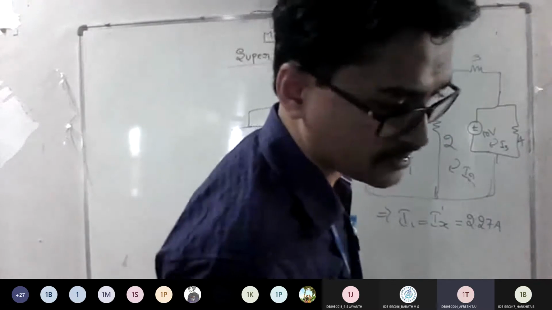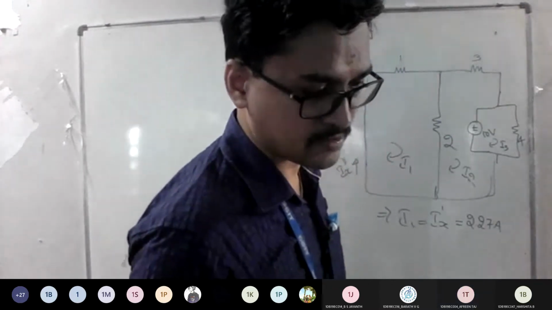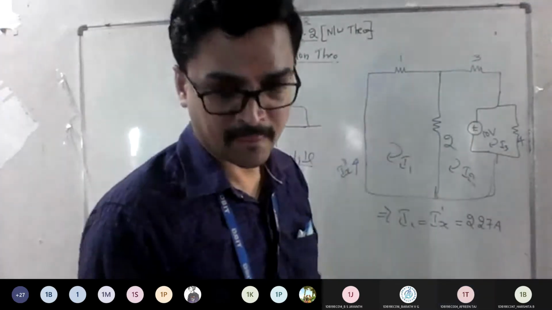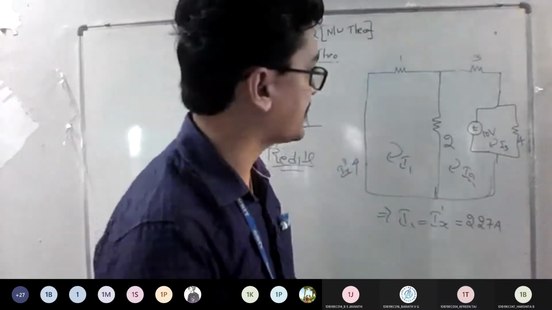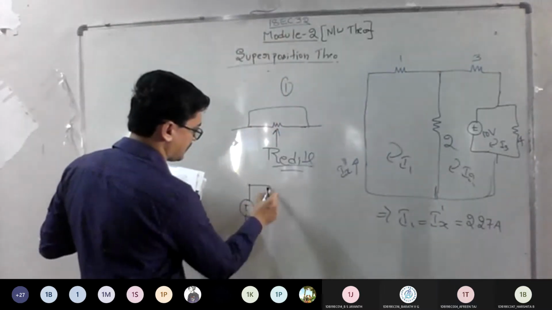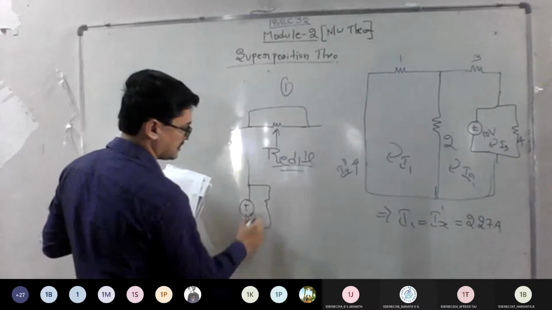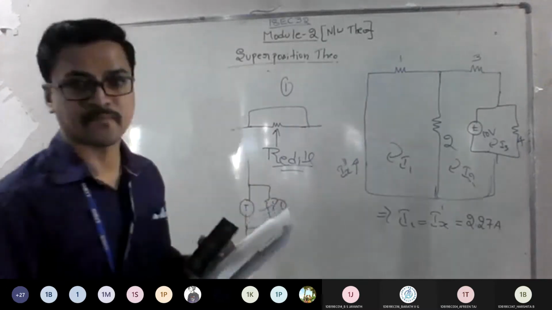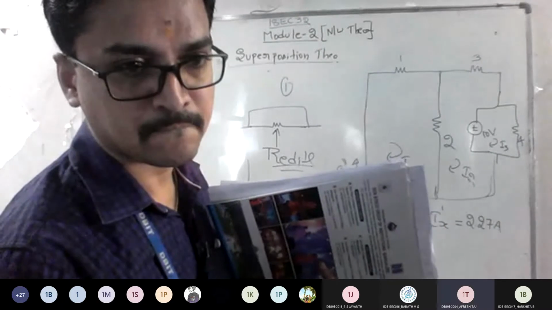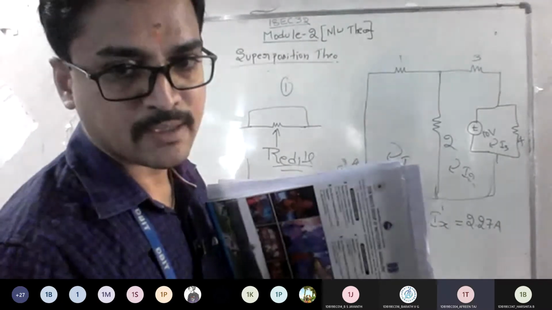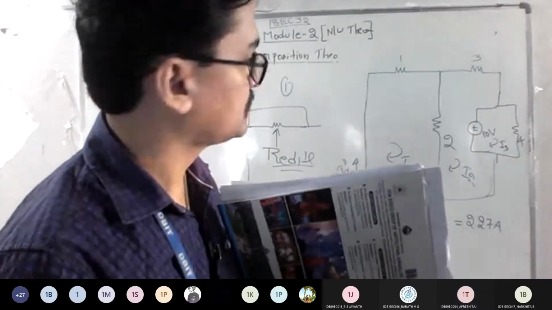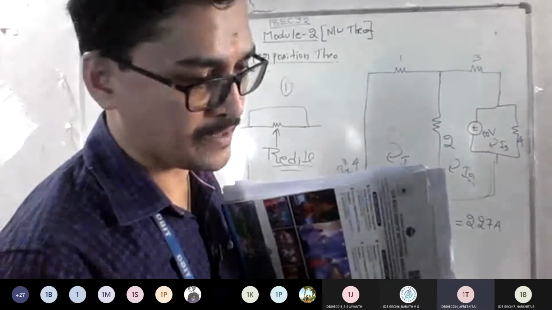You're talking about this 4 volt one? Yes, sir. That is not ideal. In a parallel condition, right? If it is separately connected somewhere like this, then you can eliminate this. Can you eliminate now? Oh, got it, sir. Understood. It should be ideal. It should be separate from the network. Okay, sir. Thank you.